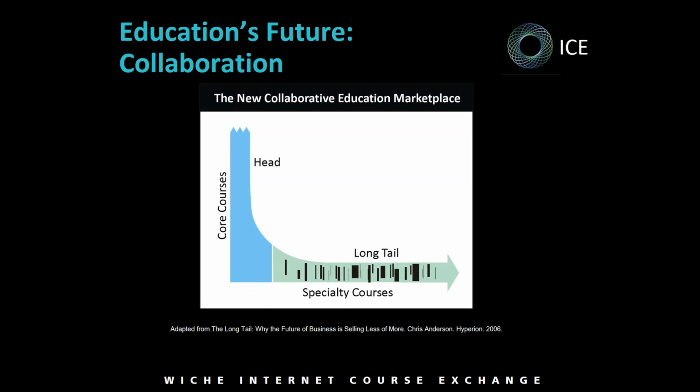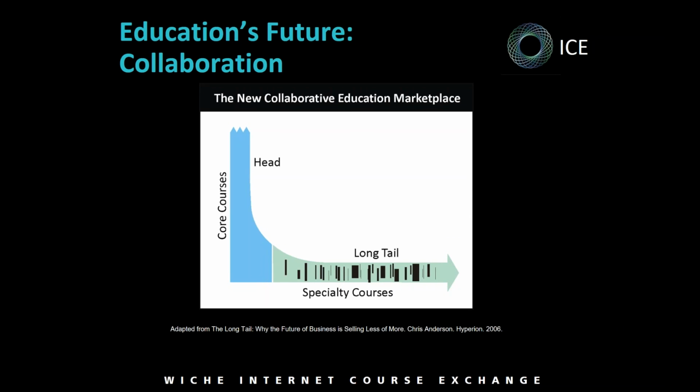And the idea here is, if you think about enrollment, you have a lot of core courses in which you have a lot of enrollment, but then you have this long tail of courses that you offer, and you have relatively low enrollments in those courses. So if you aggregate the supply of courses and the supply of students across a consortium or exchange, you're likely to be able to offer more courses in a specialty area where an instructor had a problem even filling a course previously and sometimes had to cancel the course. Maybe that course will now fill up